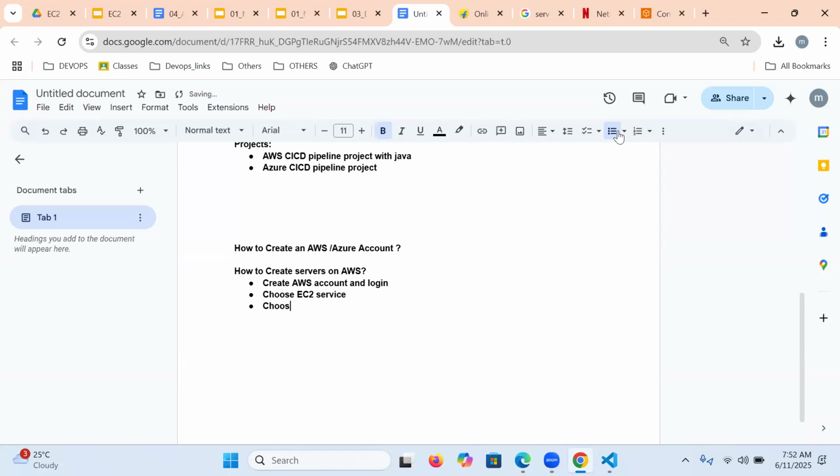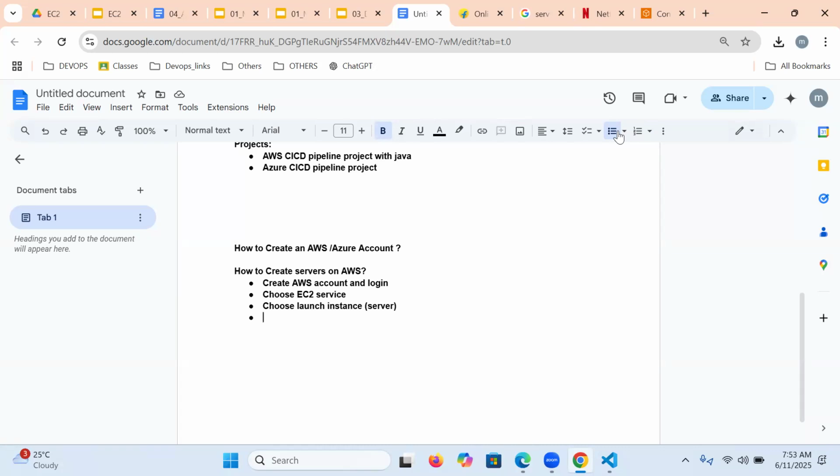Then choose launch instance. Instance is nothing but what? Exactly, the server. The name which you call a server is instance in AWS. In Azure also, the terminology is the same.